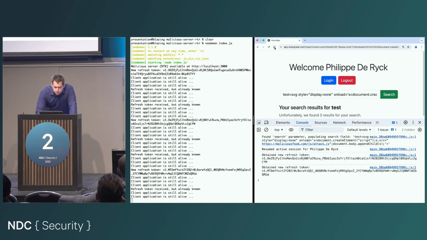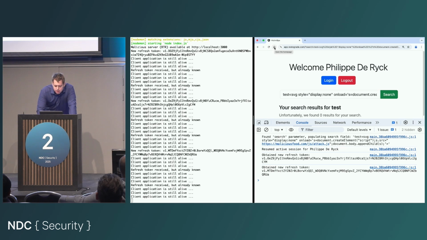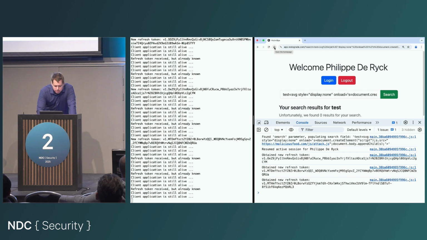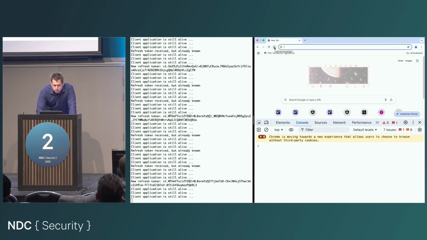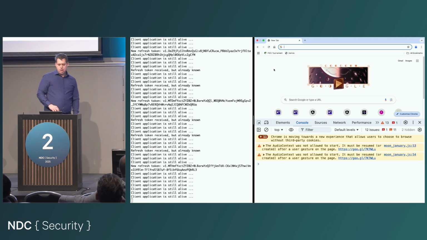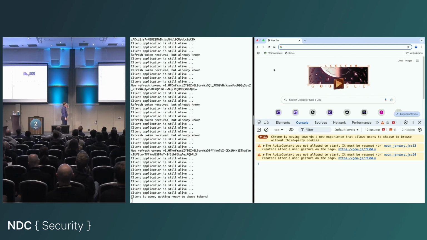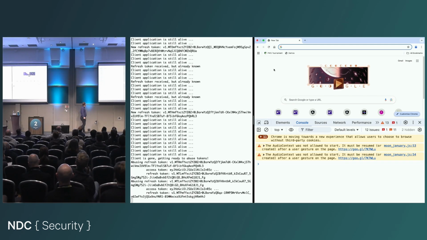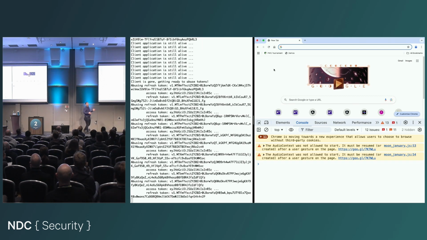We have to be careful with the timing here, otherwise the demo breaks. So let's see the latest refresh. There's the latest refresh token, and then let's see when the server knows about it. So let's navigate away, kill the application. All right, the application is not there. And on the left, we will detect that the application is not there, getting ready to abuse tokens, and there we go. And we can keep the refresh token chain alive,